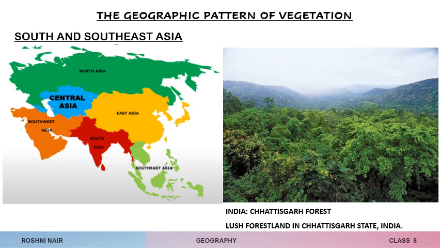Now coming to South and Southeast Asia. In short, I can say that the wettest parts of peninsular India, such as the Western Ghats, we all know, and Southeast Asia have magnificent tropical forest, and it is important for the variety of plant life found here. In parts of peninsular India and Southeast Asia that have a seasonal monsoon climate with 4 to 8 dry months per year,